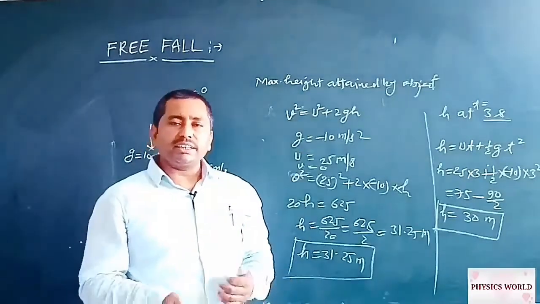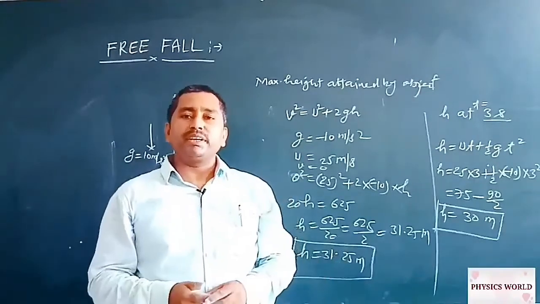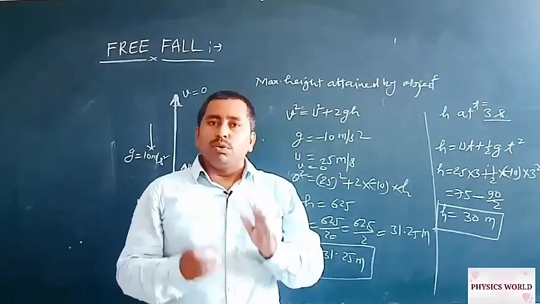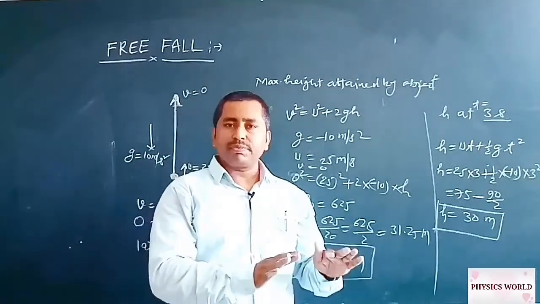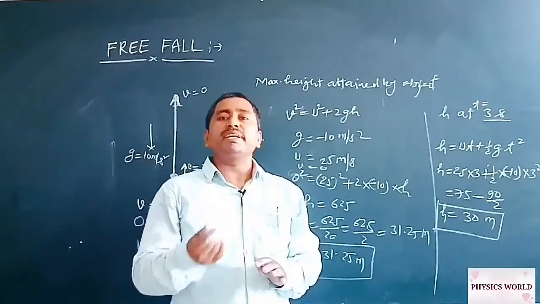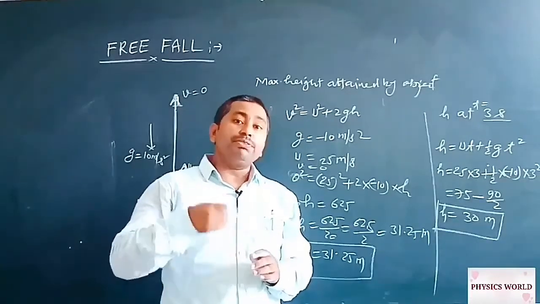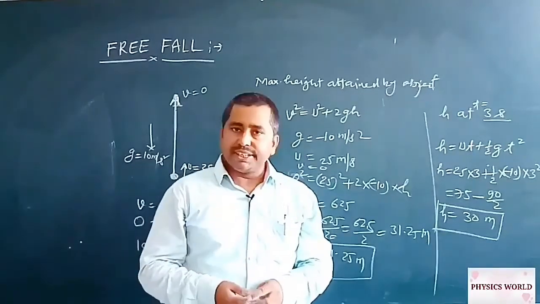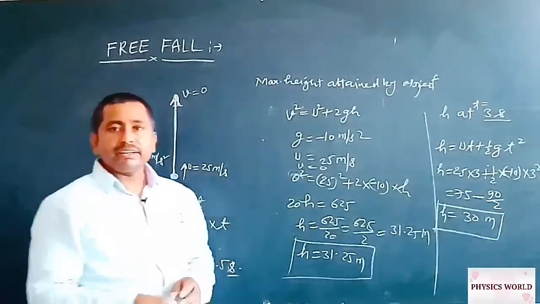Suppose that any lift is free falling under gravity, then what will be the situation for a person placed in the lift? उसको ऐसा प्रतीत होगा जैसे उसके पैर के नीचे से ज़मीन ही खिसक गई हो, अर्थात वो वेटलेसनेस की कंडीशन में आ जाएगा और एकदम फ्री फॉल करता हुआ नीचे की ओर गिरने लगेगा। इसी प्रकार आप किसी बिल्डिंग की ऊंचाई से नीचे की ओर कूदें तो आप ऐसा ही महसूस करेंगे।